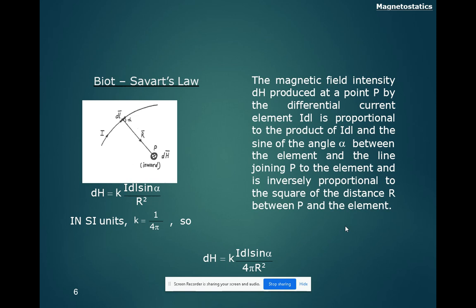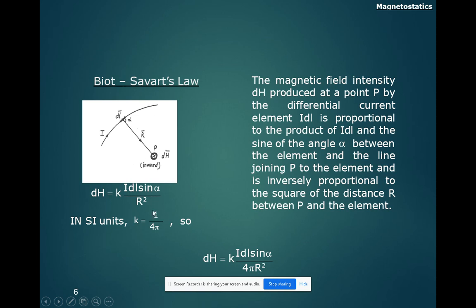Biot-Savart's law: the magnetic field intensity dH, which is produced at a point P by the differential current element, the current-carrying conductor element,